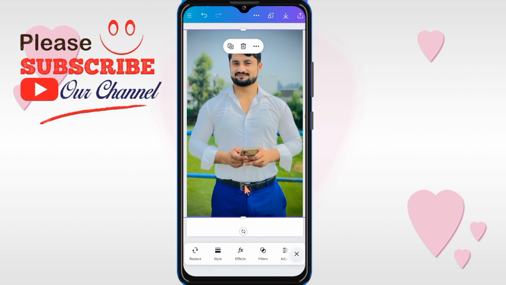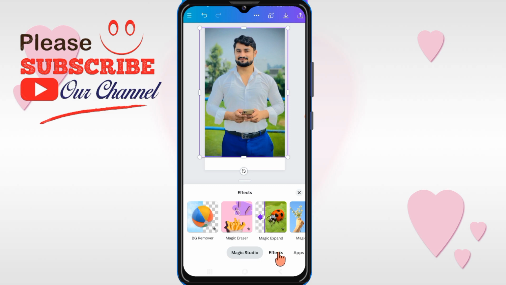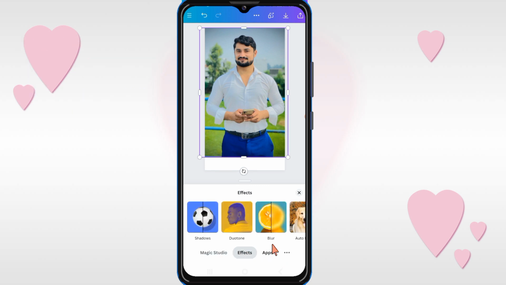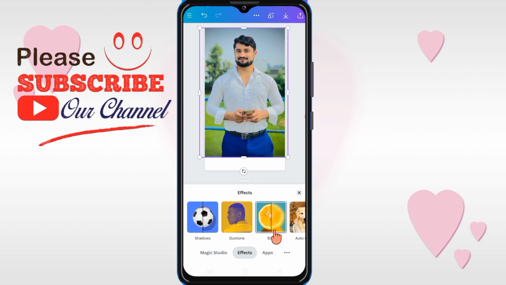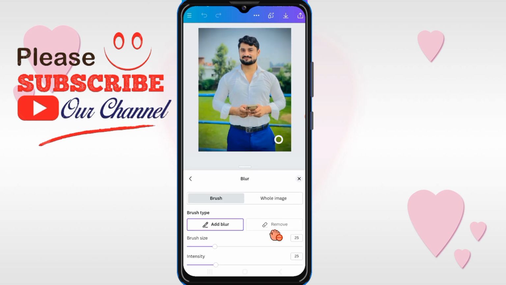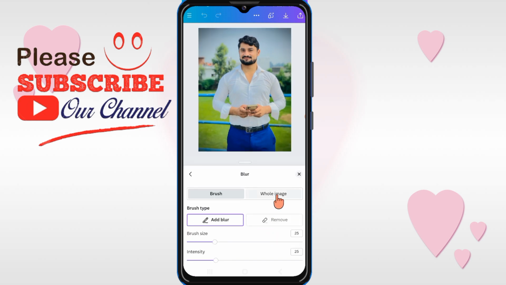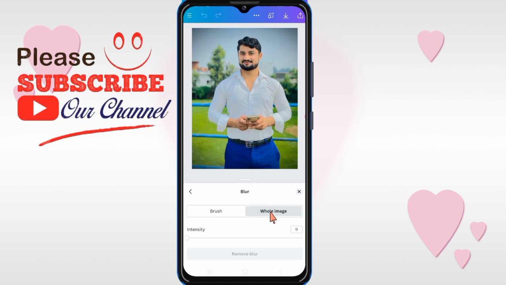After adjusting the size, you will see the effect options. Click on it and then click on effect and then you will see blur options. So click on it and then select whole image and then increase the intensity. So after that go back